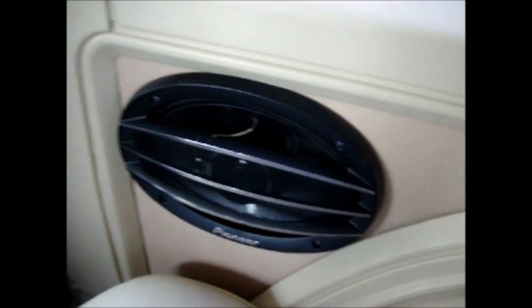I don't think it's a big deal having them facing towards each other, because the front ones do the same thing. So, not a big deal. One issue I do have is, hopefully when I replace these speakers, the grill on this protrudes quite a bit, so as you can tell, it sticks out pretty far. And the issue is when I come to fold down this seat, this back part on my seat,